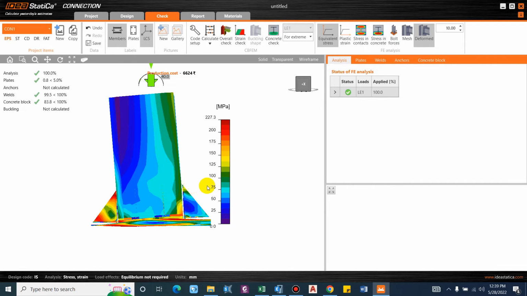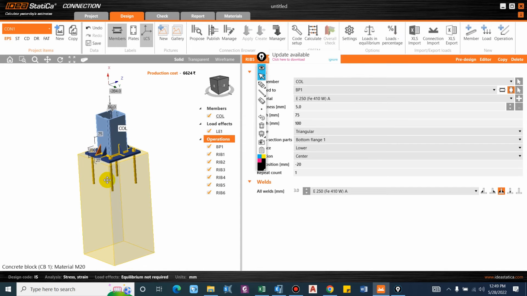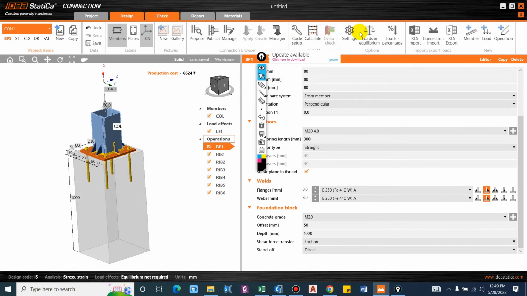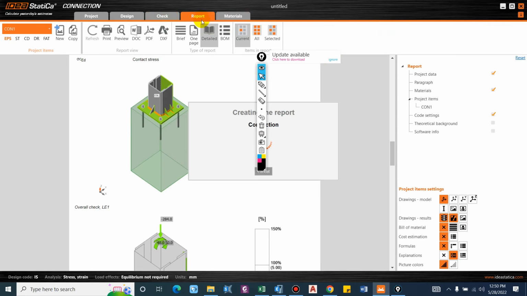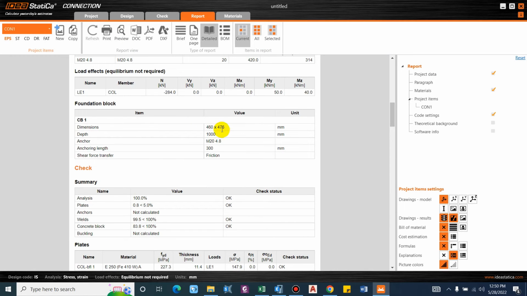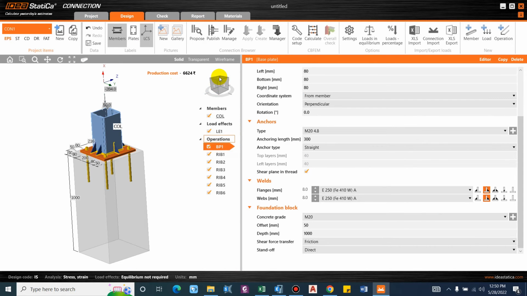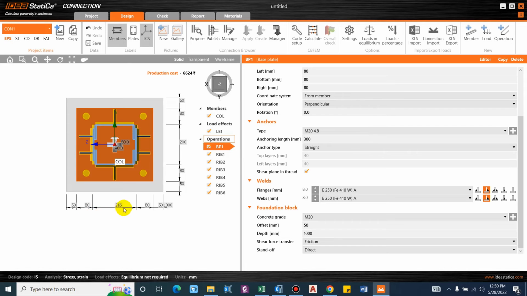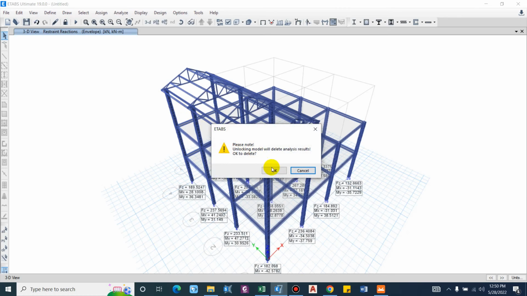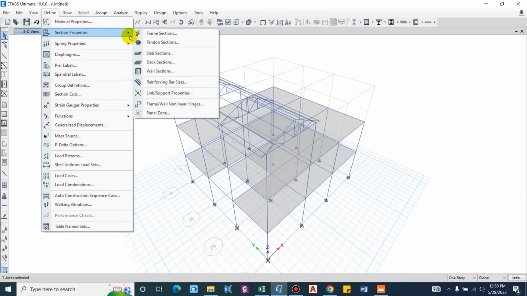So this is how the moment is transferred in fixed base. So in this way the base plate connection is designed, and we have designed this pedestal as well. So let us model that in ETABS. So we can find the size of the pedestal from the report. So 460 by 476. You can also find that from the plan view also. So just add all this, you will get. Come to ETABS, in the 3D view, uncheck this. Before that, let us